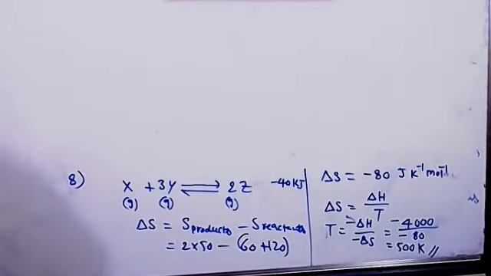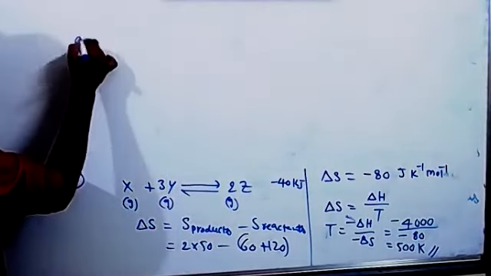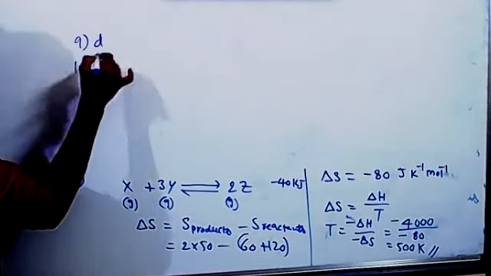Ninth one, which of the following is an intensive property? Viscosity. Yeah, viscosity is an intensive property. Surface tension also, temperature also. So all of this, answer is all of this. 10th one, thermodynamic standard conditions of temperature and pressure are. So which are we calling STP conditions? 298 Kelvin and 1 bar pressure. Oh, sorry, 1 atmosphere pressure. So B is the correct answer. 9th one D, 10th one B.